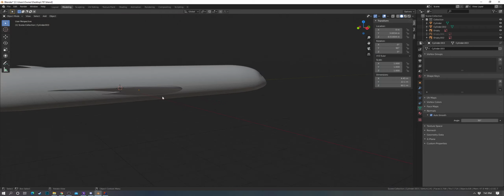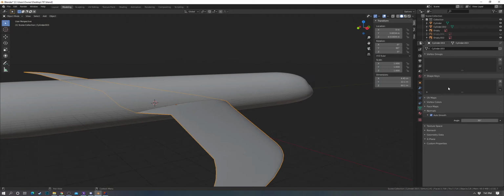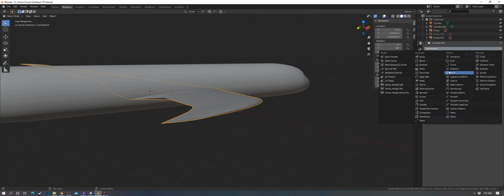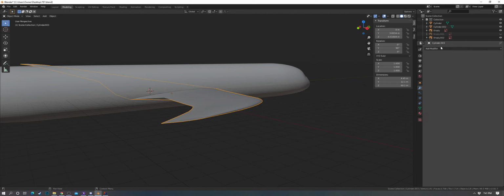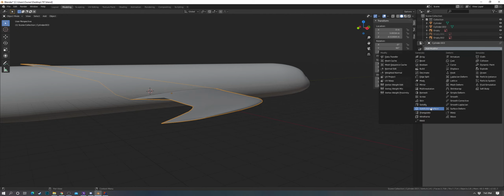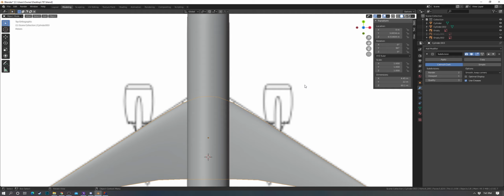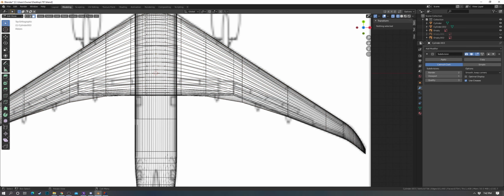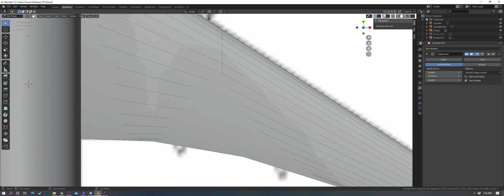Okay, so then from here, we're going to hit subdivide. Now this is going to mess up your mesh a bit. So apply the mirror modifier, subdivide. It's going to want to drag out this crease you made here. So we have two options. We can either